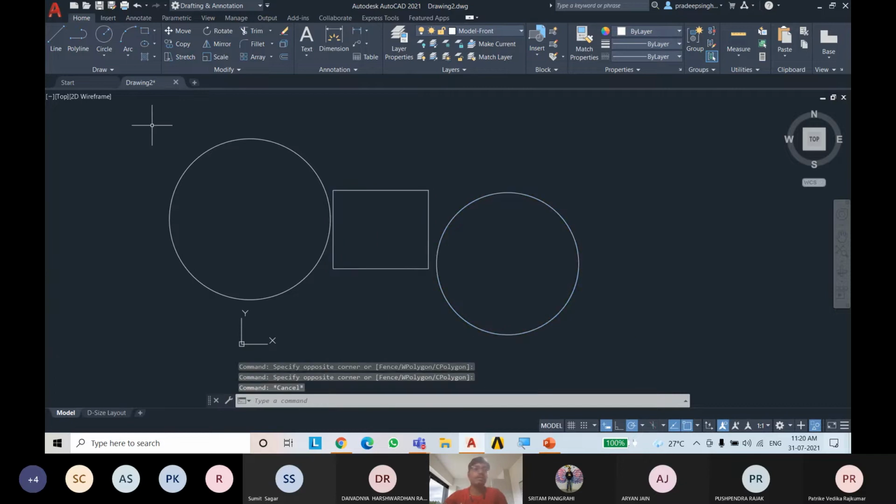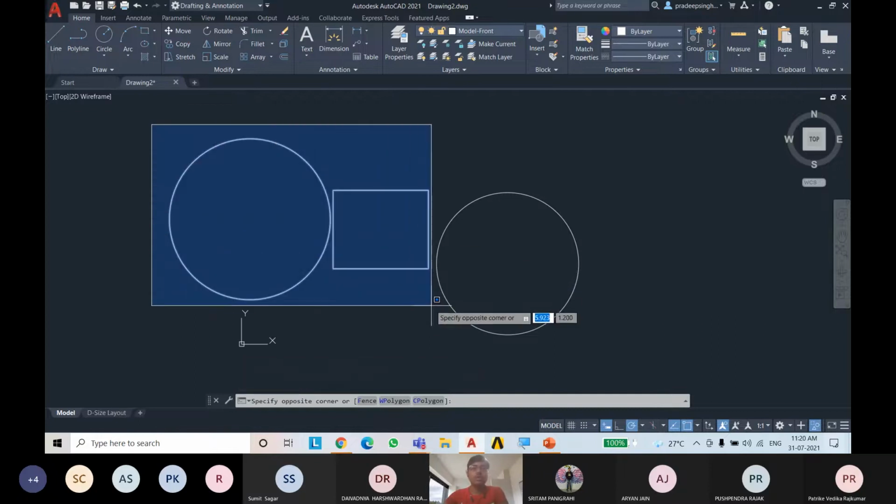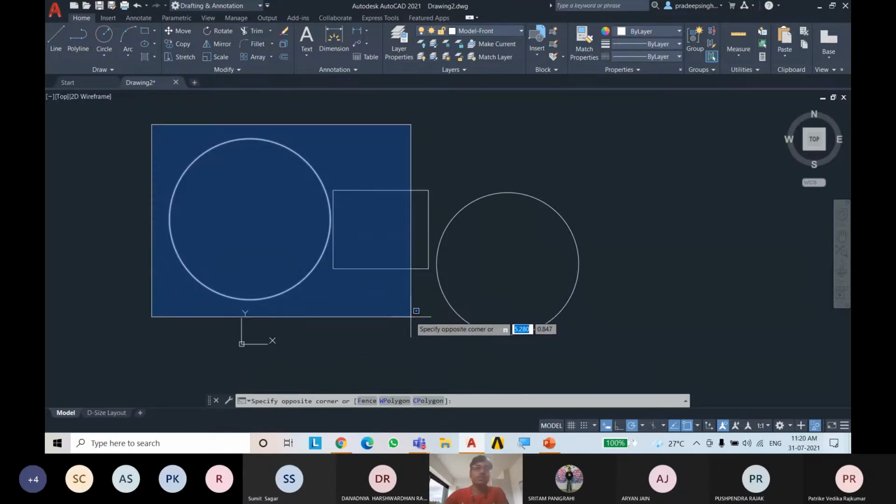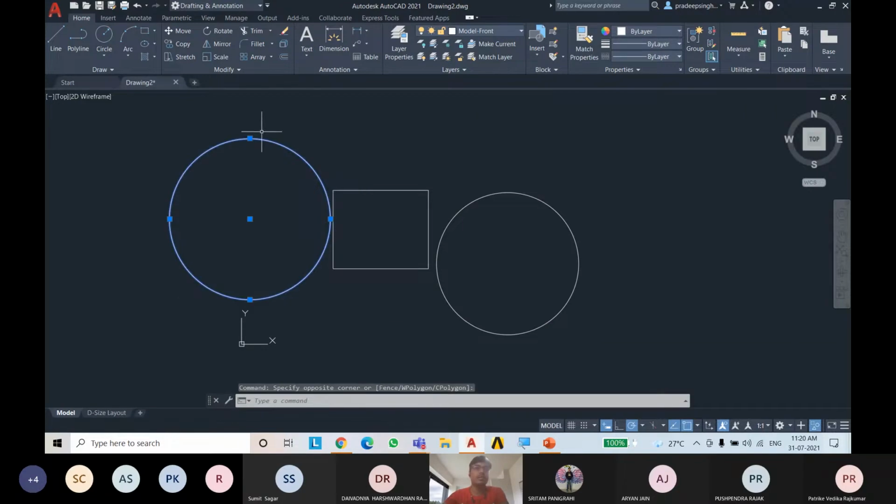And if we draw the window from the left side, it will only select the things which are totally inside this window. Like we can see that the circle is highlighted and this rectangle is not highlighted. It will only select this rectangle, so we can use it.